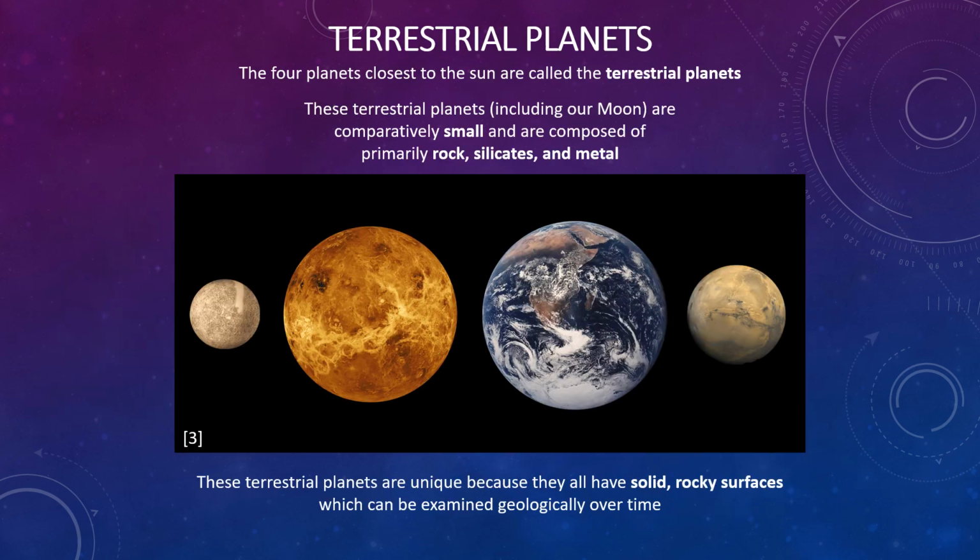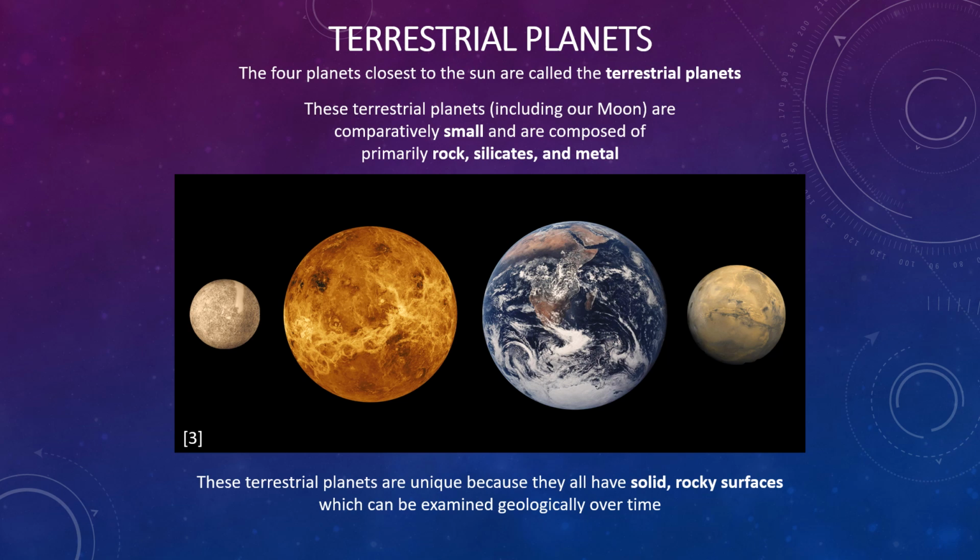So our first group that we're going to look at with our comparative planetology are the terrestrial planets. These are the 4 planets that are closest to the Sun. They all have very similar compositions. Our Moon also has a similar composition to these terrestrial planets in that they are all relatively small compared to the gas giants, but they are larger than the dwarf planets, and they are composed primarily of rock, silicates, and metals. What makes terrestrial planets unique is that since they have rocky solid surfaces, we can examine these surfaces for their geological activity and features that tell us a bit about how they evolved over time